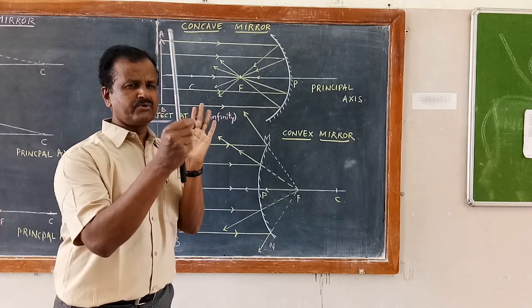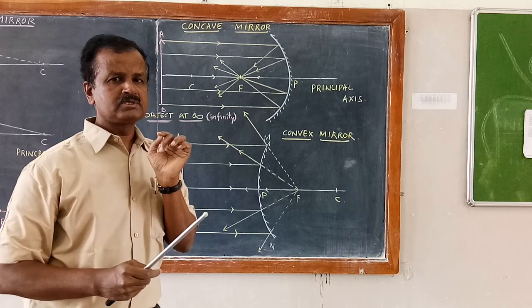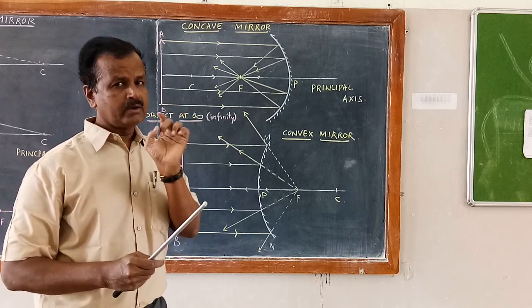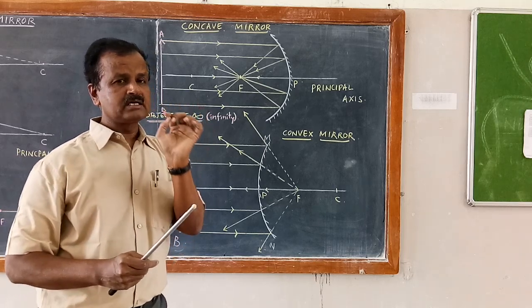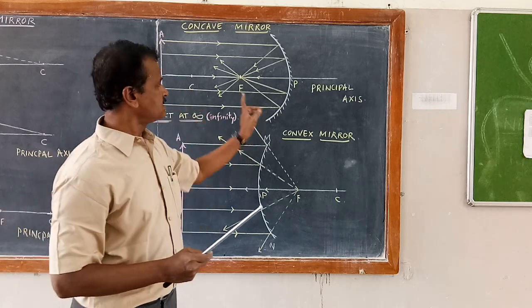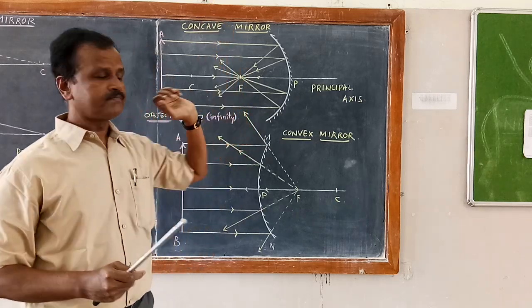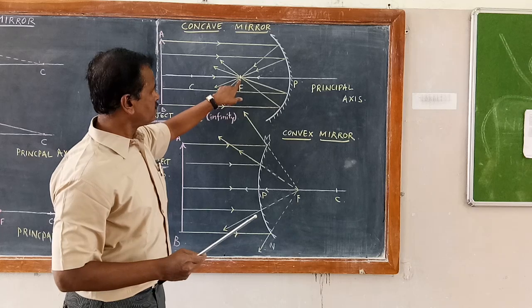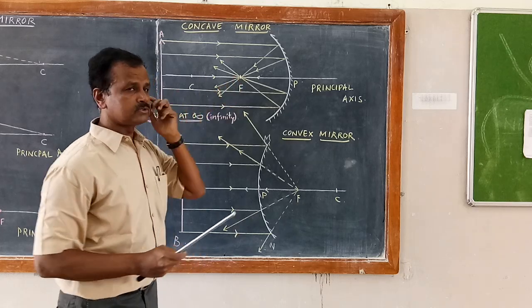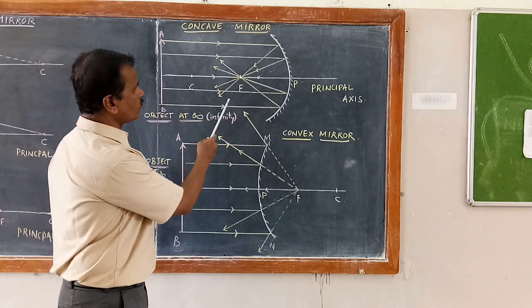That point image, if you hold it for few seconds or a minute or so, you will find that those rays are going to burn the paper. So that is the image of the huge sun. All the rays converge at that point. So it is called as converging mirror.